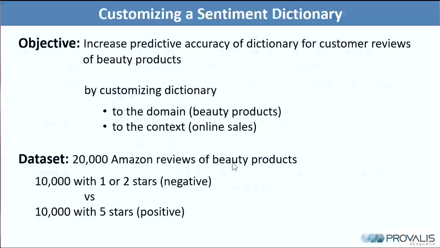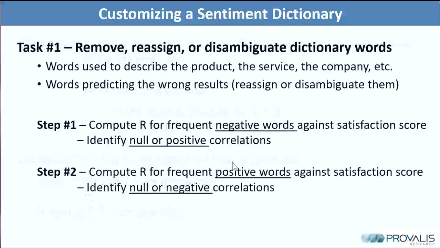The first task was to validate existing dictionary entries. We needed to remove any words that were not necessarily positive or negative, but were about the product, the service, the company. We also wanted to see whether there were any entries predicting the wrong results. For example, negative words that predict positive sentiment, or the reverse. To do that, we analyzed words categorized as negative first, but yielding either null or positive correlation with satisfaction score. We then looked at all the words that are categorized as positive in the dictionary, yet yielding either null or